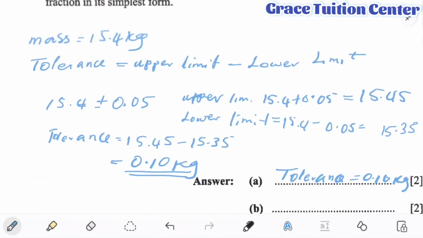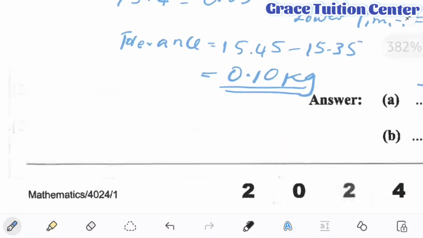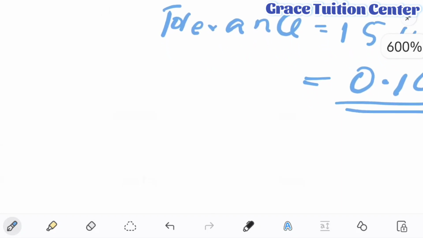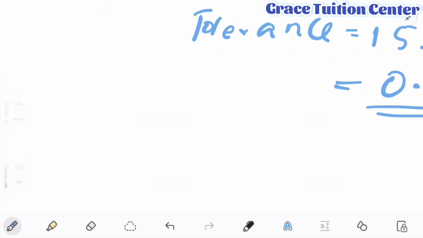Okay, because I don't have space, let me just squeeze it here. So they want us to do the relative error. So the relative error will be equal to the absolute error